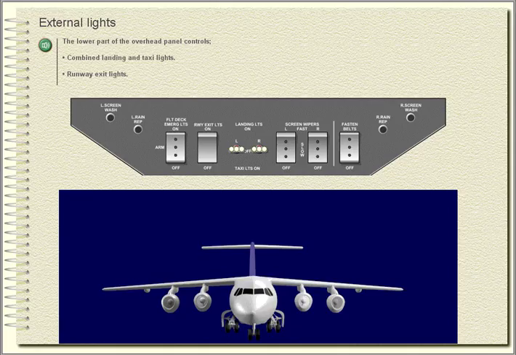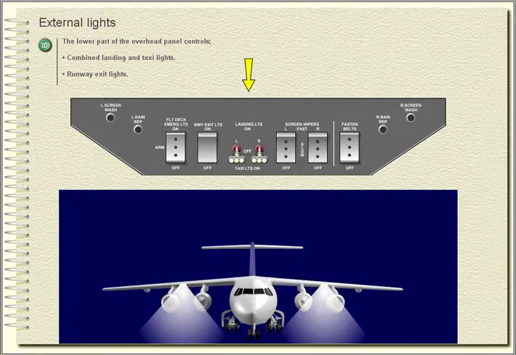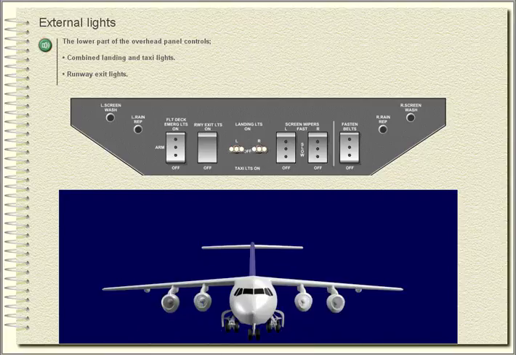External lights. The lower part of the overhead panel controls combined landing and taxi lights, runway exit lights,